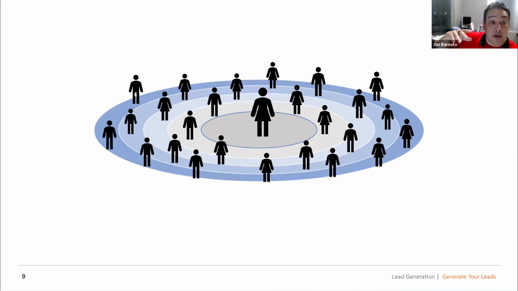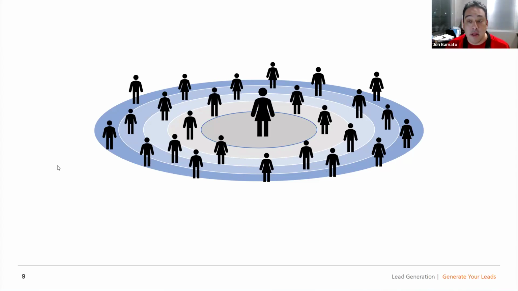Because what am I trying to do? I'm trying to take all the people in the circle and move them closer to me. Does that make sense? So your goal over time is to move those people in your sphere closer. And think about that. If you do that year after year after year and you're diligent with that, how big is that circle? Think like that. How many people are on that second level right next to you, right? And if you can get a lot of people in that second level right next to you, like 100 people, and those 100 people are your cheerleaders, how big is your business?